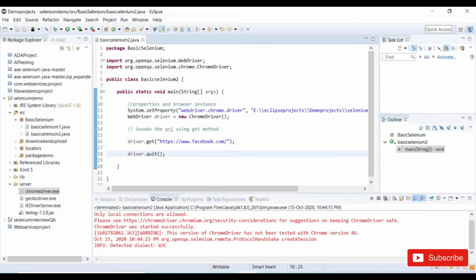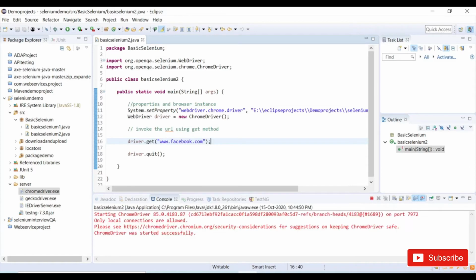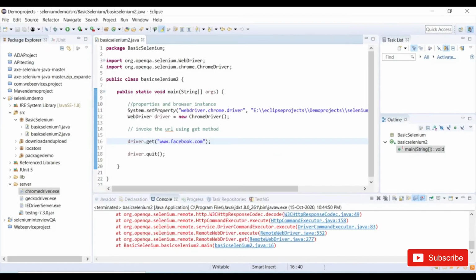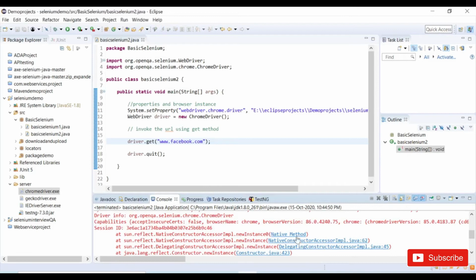And I will show you one important question, also from an interview point of view. If you give the URL without HTTP or HTTPS, then you will get an invalid argument issue. So I will show you how it throws that error. Let me run this program again, and if you look at the console, I got an issue.